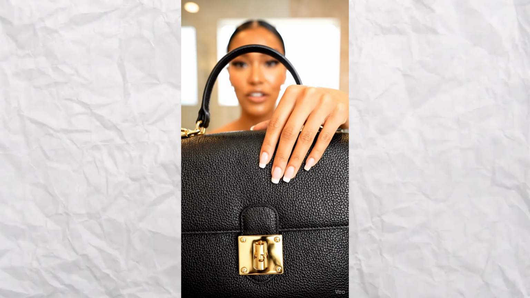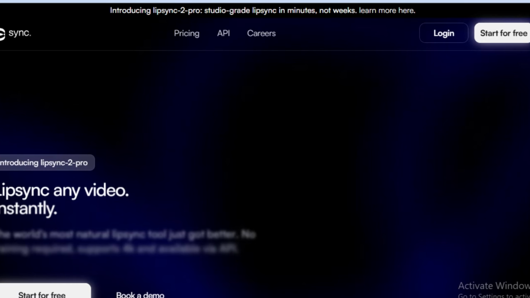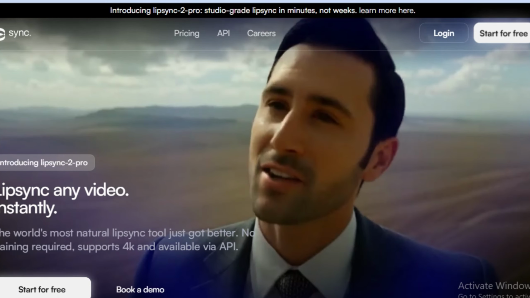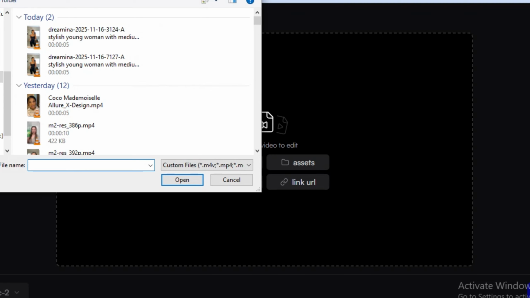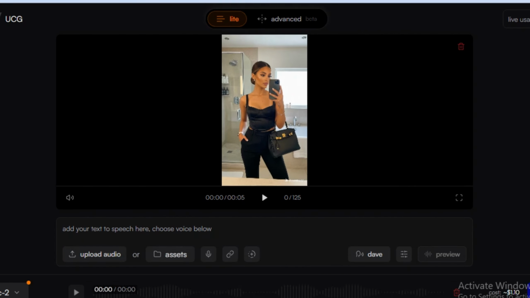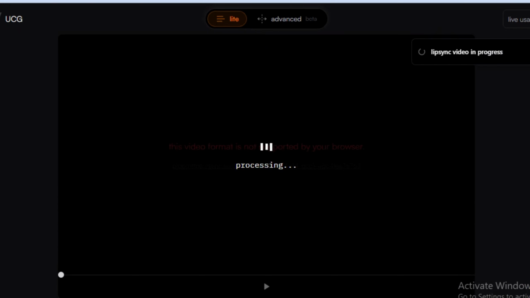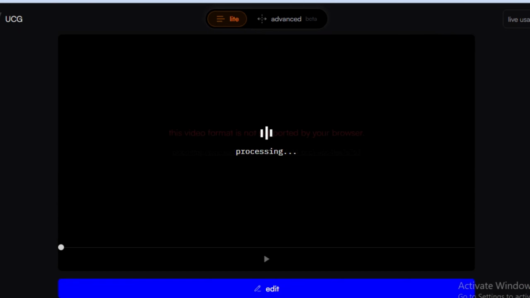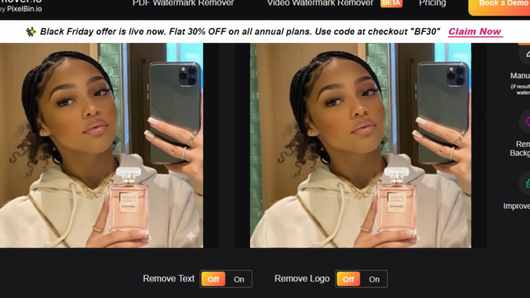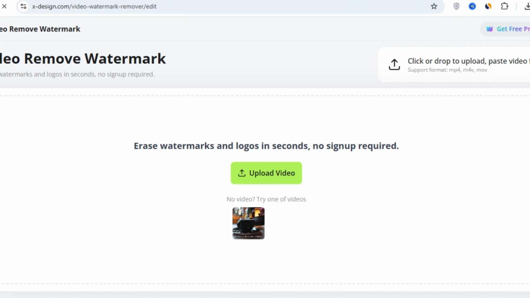If you generate the video without sound or if you want to change the sound, for this one, we're going to use sync.so. Once you sign up with sync.so, upload your video and the audio you downloaded from Eleven Labs. If you want to change a video that has audio already, start by removing the audio using CapCut and then follow the above steps. Finally, let's remove the watermark, and for this one we're going to use the